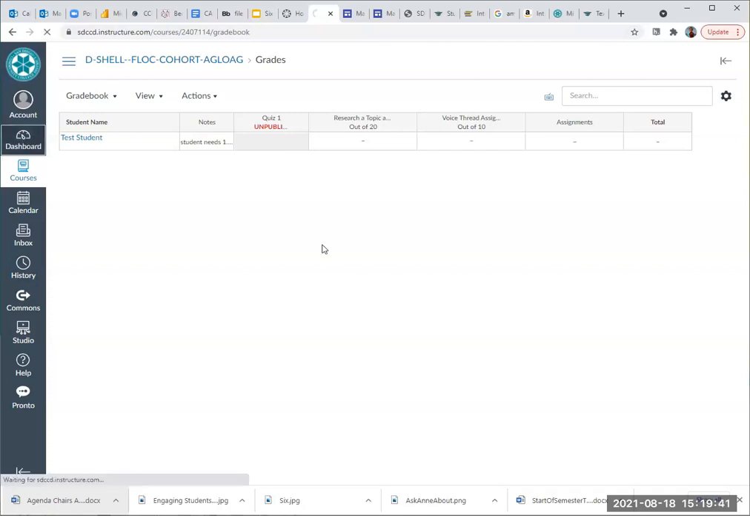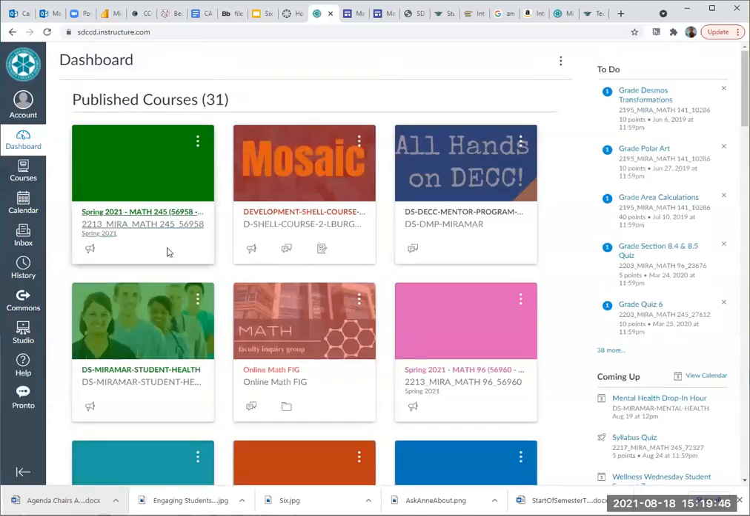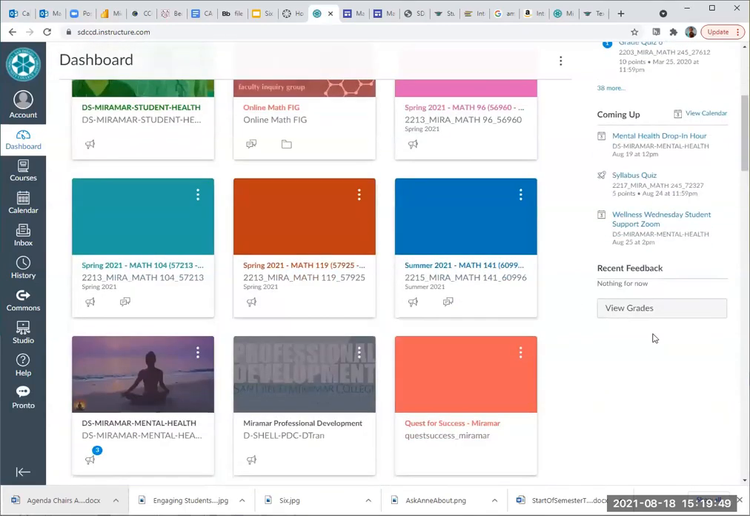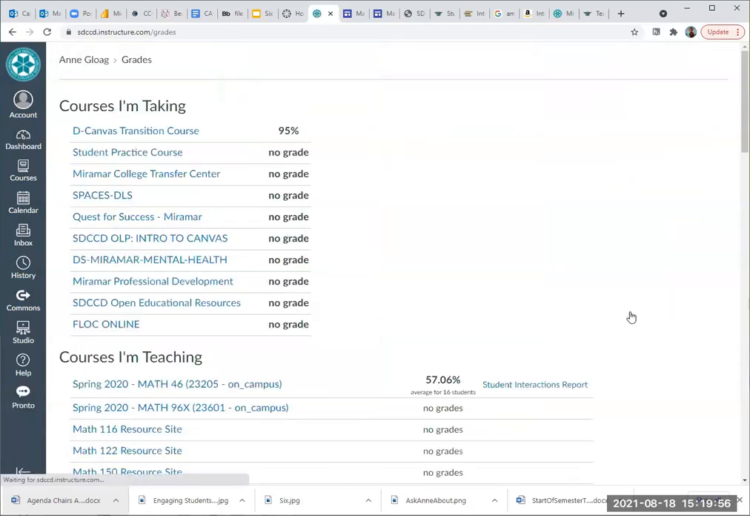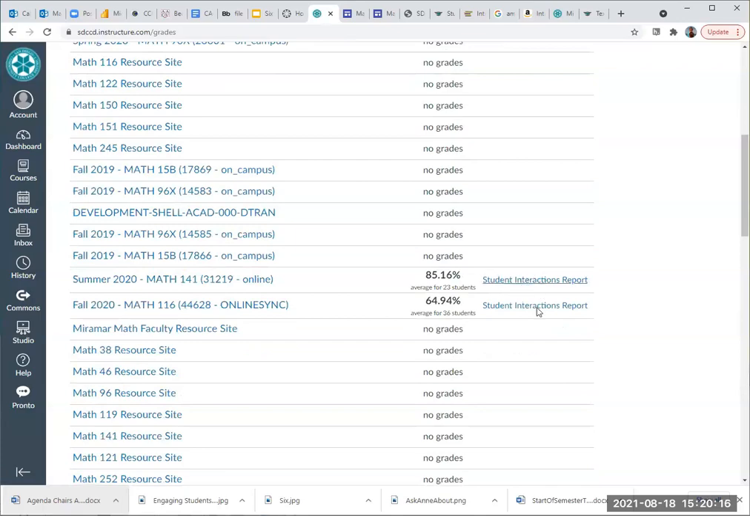Okay, so I recently discovered this. If you go to your dashboard, like all your courses, here on the recent feedback, there's something called view grades. And I can't believe I haven't noticed this. I've used Canvas for more than 2 years now, and I've never seen that button. And I ignored it. All right, so for the courses you're teaching that actually have students in them, there's the student interaction